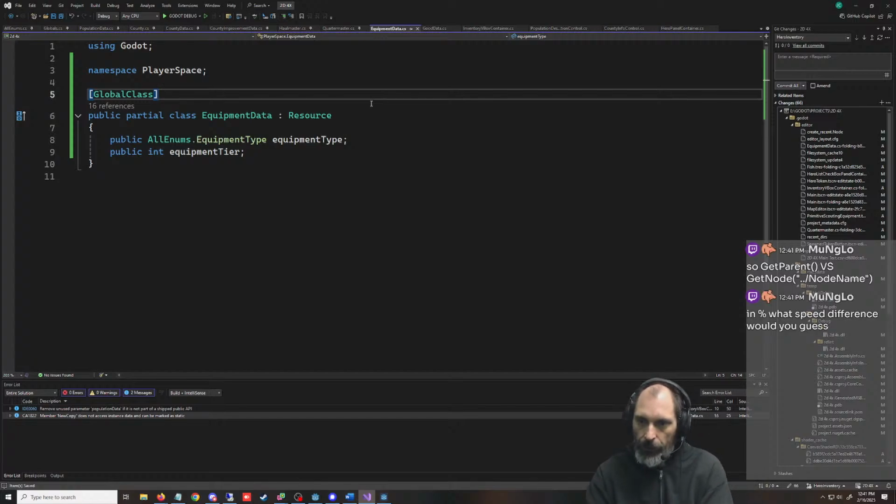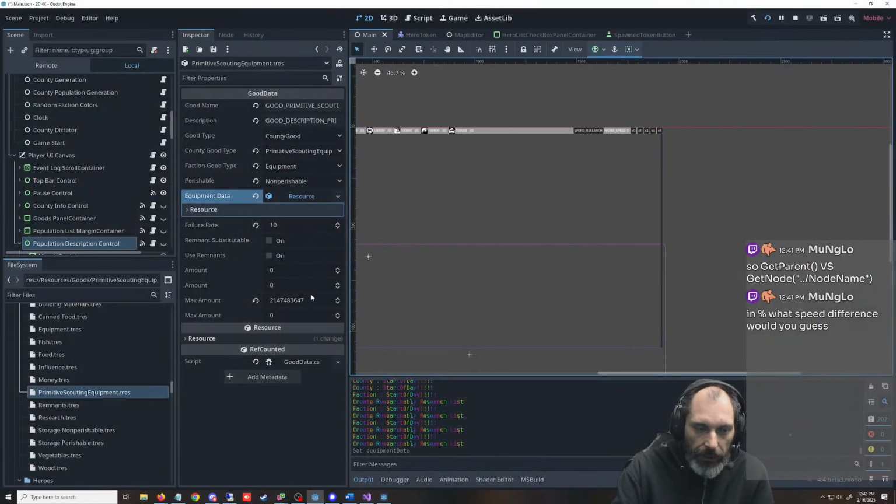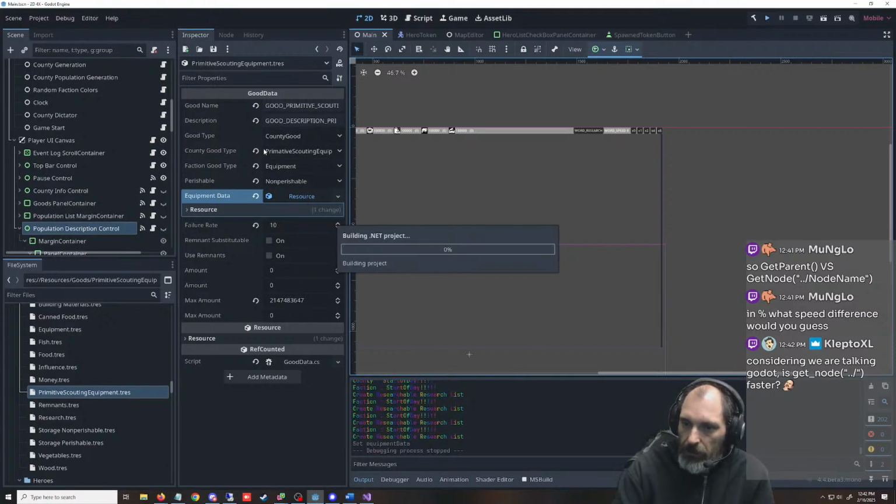Get parent in a node, use the dots. It seems like it should be about the same. But what is it? So let's see if this will show up on the thing.